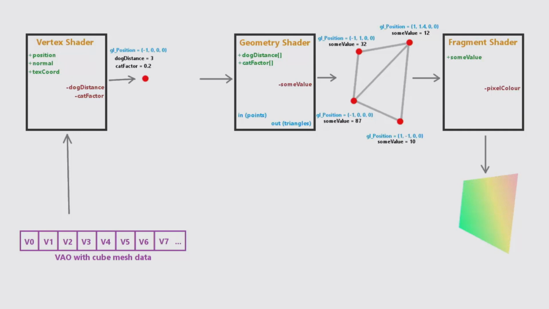One important thing to note is that the inputs for the vertex shader come from the VAO. The outputs of